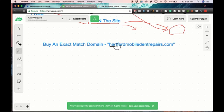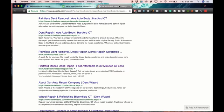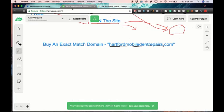So this is the money keyword, right? We want to find, if we were ranking for this keyword in this case scenario, or if this is the keyword we wanted to go for, just make that your URL. And then once you do that, you're also going to want to go ahead and purchase the domain